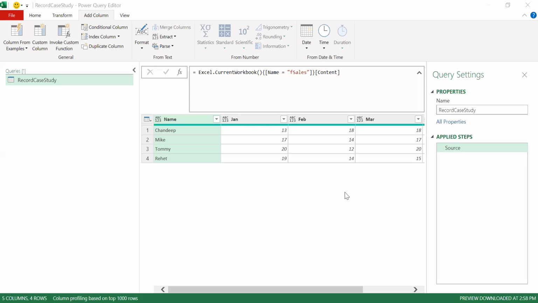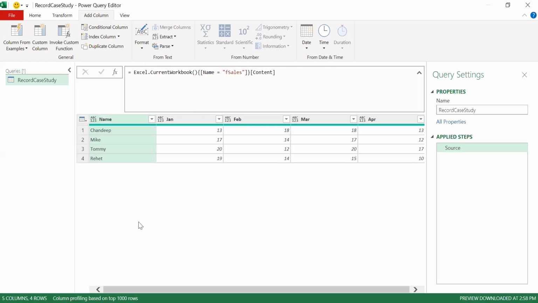Hello everyone. Today we are going to discuss more about records. And in this session, we would like to solve a problem statement using our record concept. So let's get started. What I am presenting on the screen is a table where I have